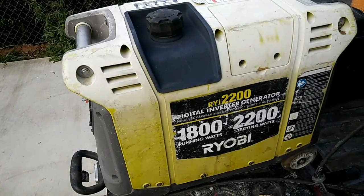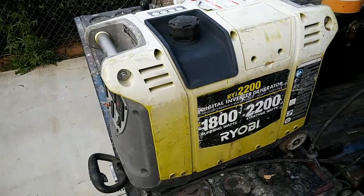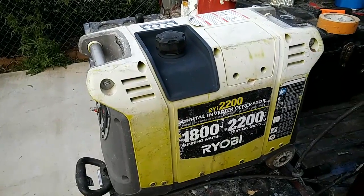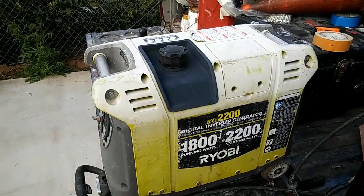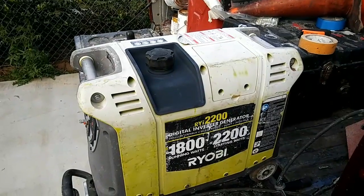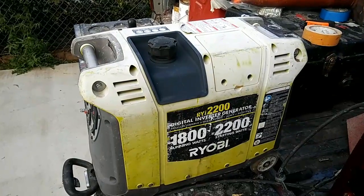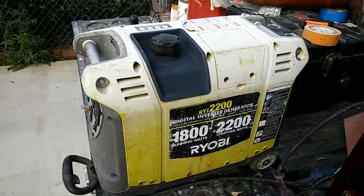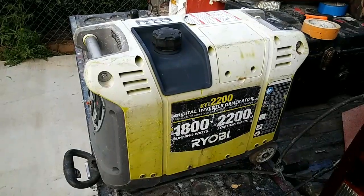I had a Honda EU2000 before this. After about the same amount of time, maybe one more year longer, the generator actually caught fire after one of the valves had gotten stuck in the head. And of course I did change the oil a lot on it and everything else the way you're supposed to, just like I have on this. One of the valves got stuck in the head, and it wouldn't start when I really needed it to work. And then after I fixed that, after a while, I went to use it again, and